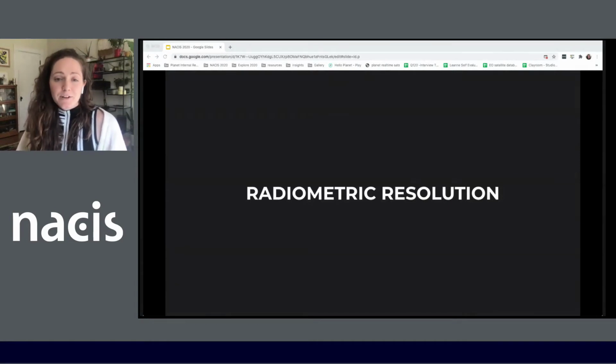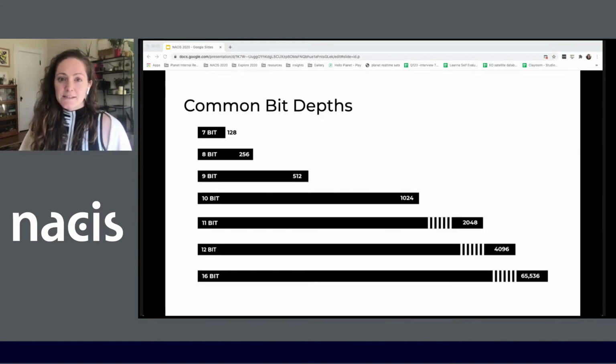So next is radiometric resolution. Radiometric resolution is commonly expressed as a bit number, often 8 or 16 bit. This is the range of potential values that can be contained within each pixel. Many satellite sensors are actually 11 or 12 bits that are then resampled to 16 bits. So while the potential values contained within each pixel in an image range between 0 and 4096, the image you download will have a pixel which could range in value between 0 and